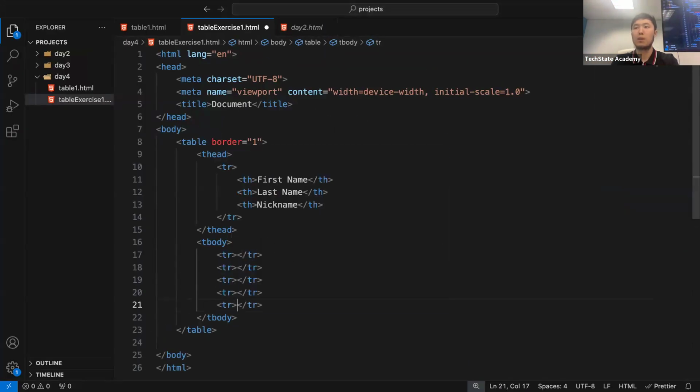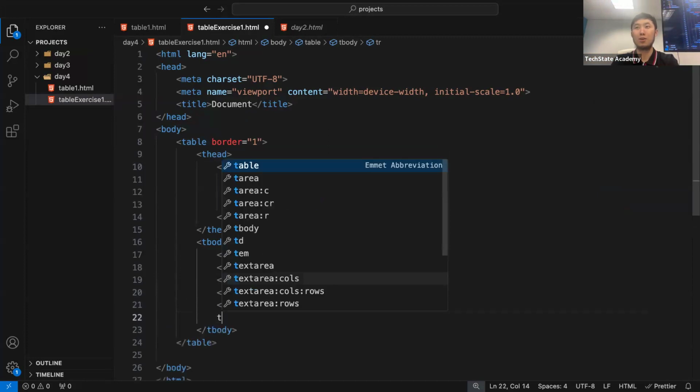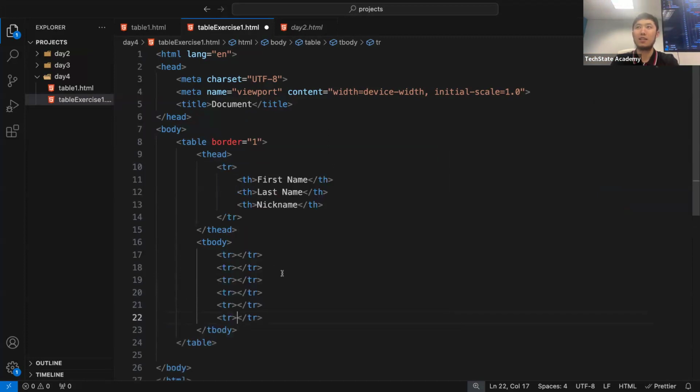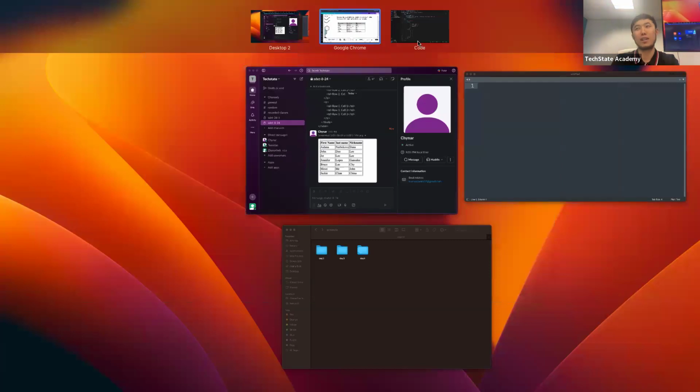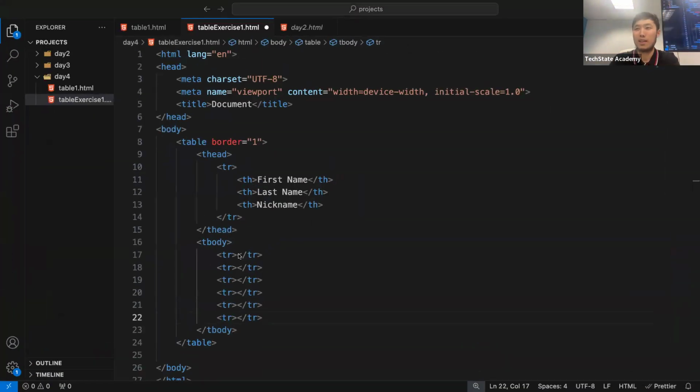No, guys, really. There should be 6. 1 table row, second table row, third, fourth, fifth, sixth. I'm not lying right now. Like in this time, I'm honest. Yeah. So table row, and then here,